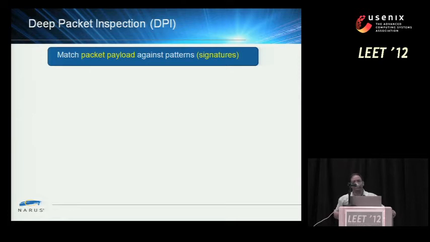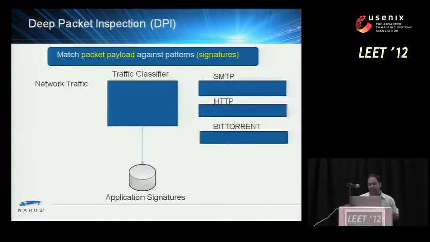Deep packet inspection-based systems look at packet payloads and try to match patterns within the payload. So for example, if we have some packet payload which contains the keyword LO, it may be classified as belonging to SMTP traffic. Similarly, if LO occurs in the traffic but at a different location, a different offset, it may still be classified as SMTP. On the other hand, a payload which contains HTTP would most likely be identified as HTTP.